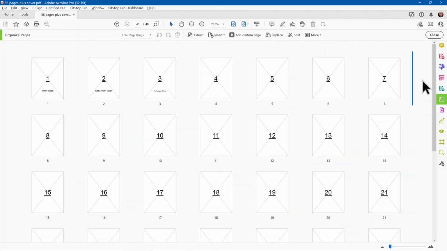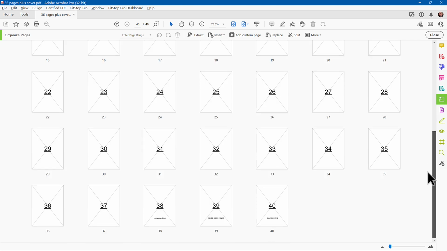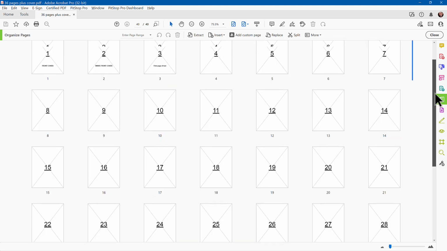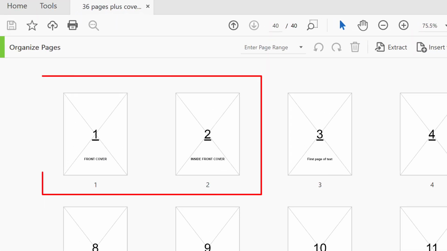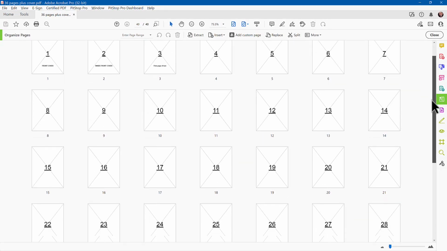A client asked how to make changes to a PDF, not one by one, but many. I've made a PDF to demonstrate. This is just mock pages, numbered, to make clear the results when we're done. The job is saddle stitch, 36 pages of text plus cover, adding another 4 pages. So it's 40 pages total, and set up as you'd expect for a self-cover. Cover and inside first, then the text, and last, the back cover pages.